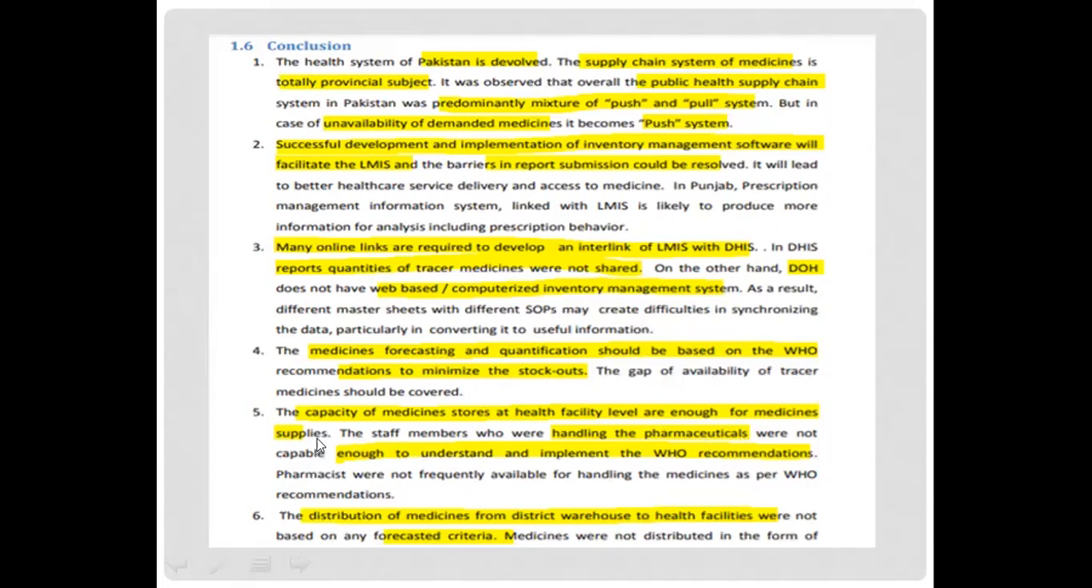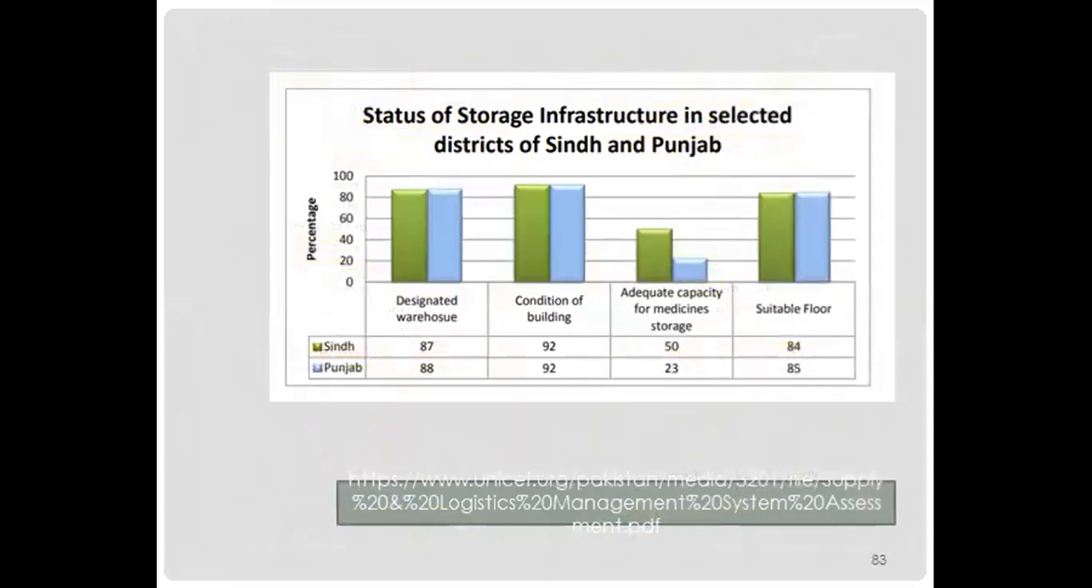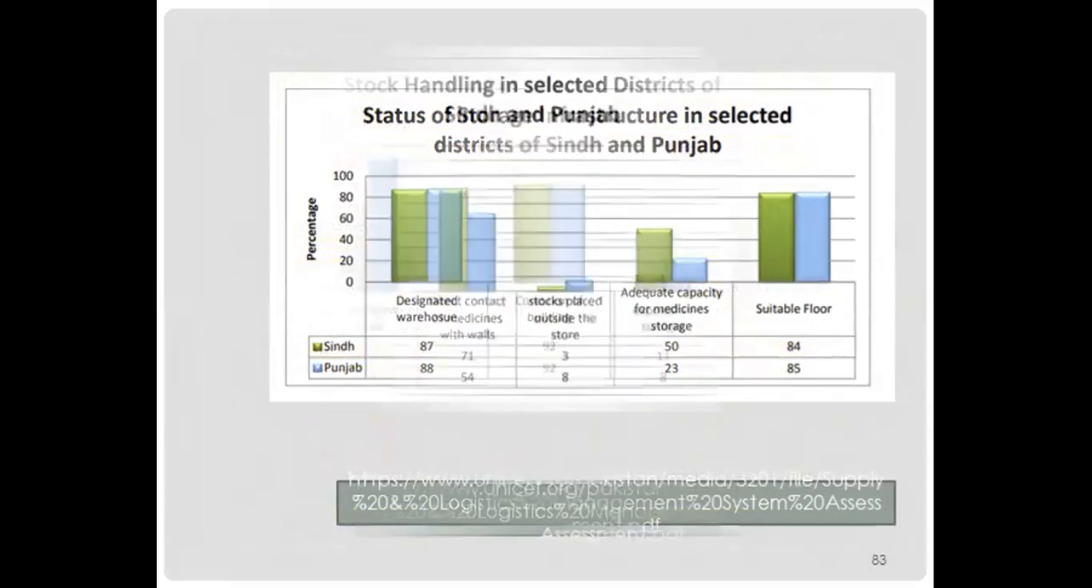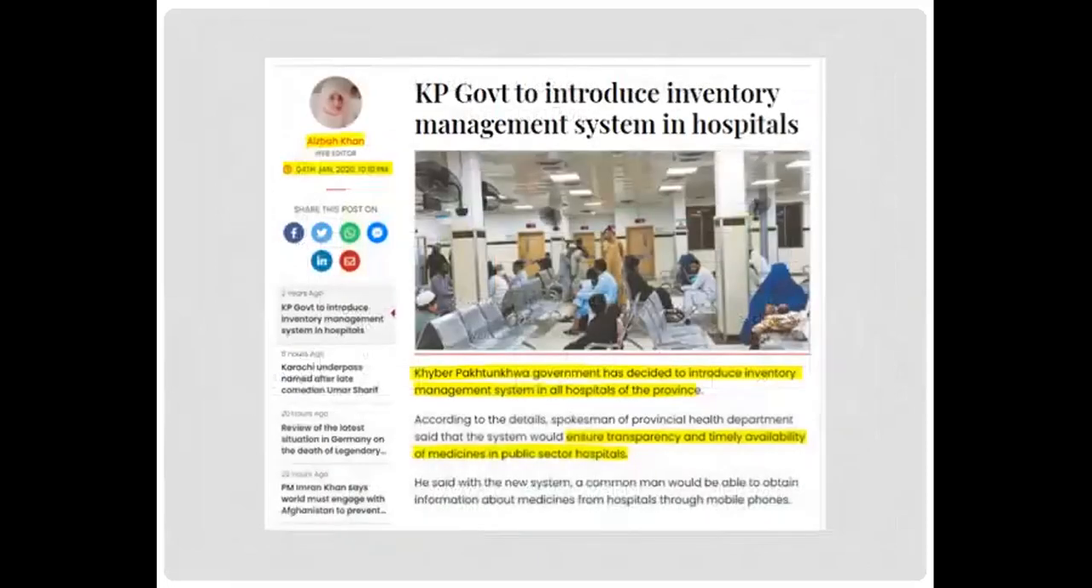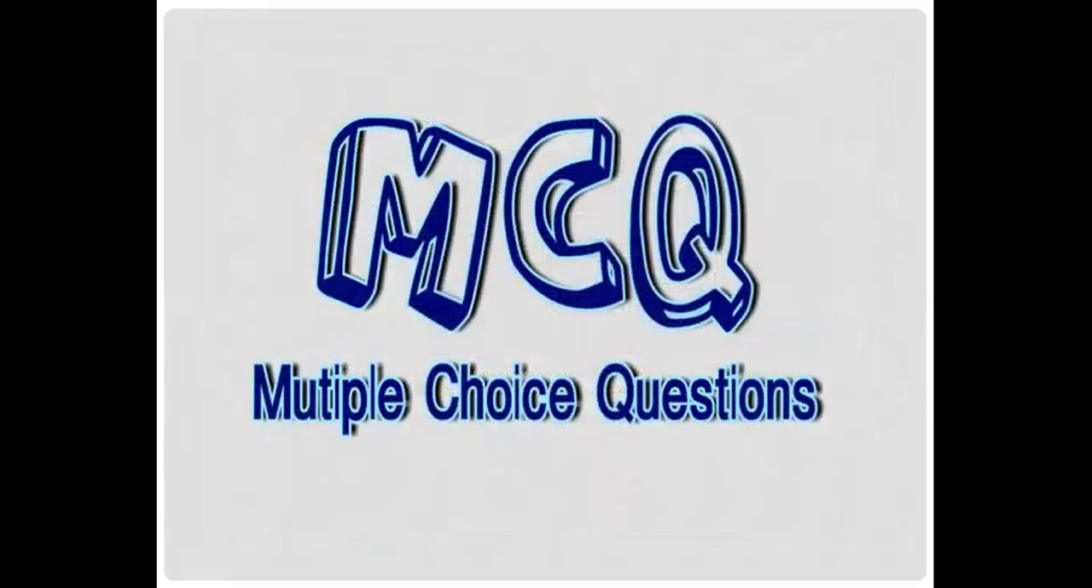But the handling of pharmaceuticals and the knowledge of the staff members are not enough, and these are not based on the forecasted criteria of WHO. According to this, the status of shortage infrastructure selected in districts of Sindh and hospitals is given, and also stock handling in selected district hospitals of Sindh is given in Punjab and Sindh. And there is also news that the KPK government will introduce an inventory management system in hospitals in 2020. Now comes the time for